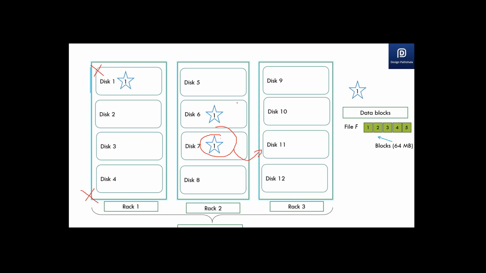The data transfer speed from one rack to another is much less compared to the data transfer speed between the nodes inside the rack. If I have to transfer this data across the racks, then there's a network bottleneck which will come into the picture. To reduce that, the third copy is placed in the same rack. So the default algorithm used to place your blocks is: the first copy is placed randomly on any of the data nodes across any of the racks. The second and third copies are placed in a different rack from where the first copy was placed, but the second and third copies are placed on the same rack.